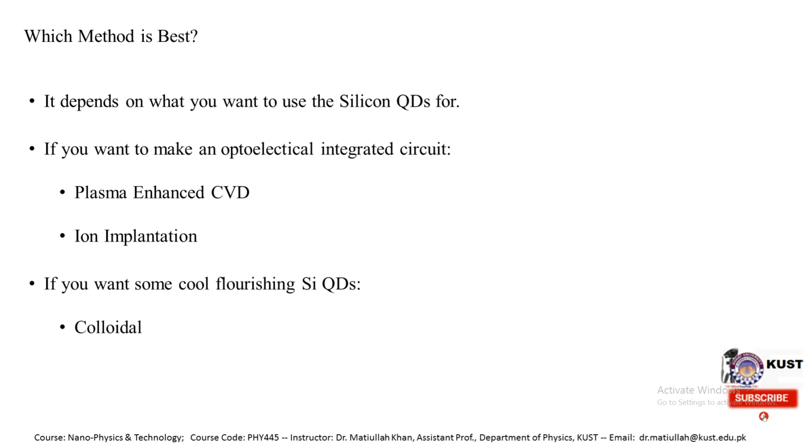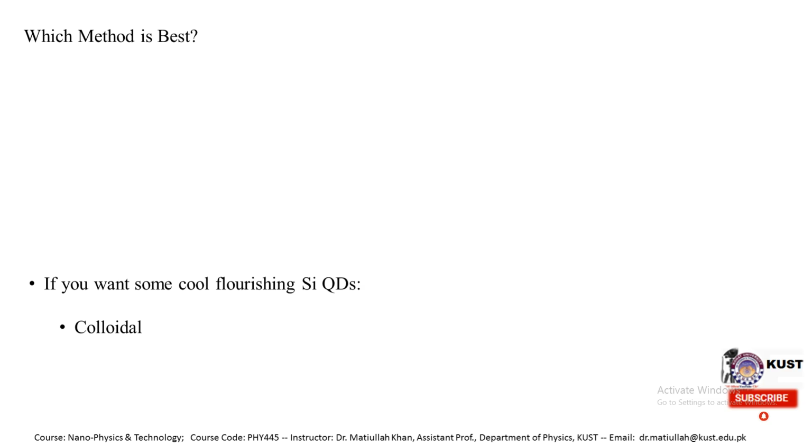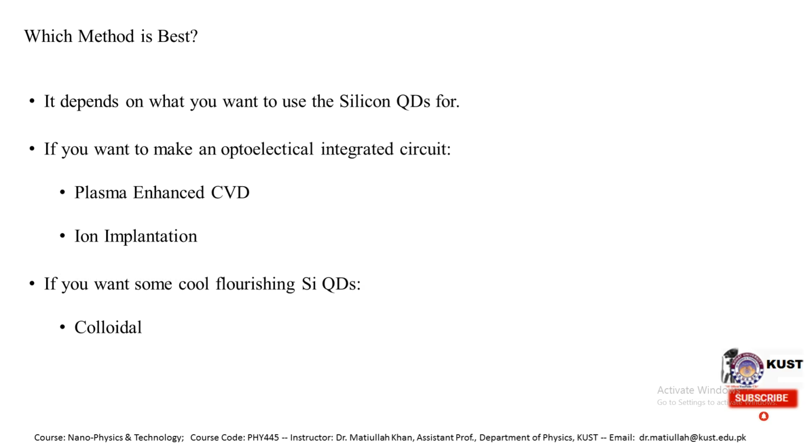So which one is the best? It depends on how you want to use the silicon quantum dot. It means for different types of applications, different methods are utilized. If you want to make an optoelectronic integrated circuit, then plasma enhanced CVD and the ion implantation method are used. If you want fluorescing silicon quantum dots, then the colloidal methods are used. So the particular method is chosen looking toward the application of that silicon quantum dot. So this is something about the silicon quantum dot,